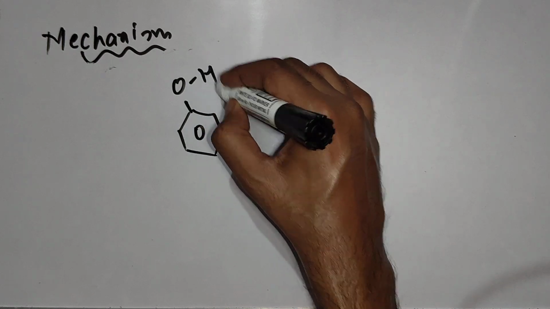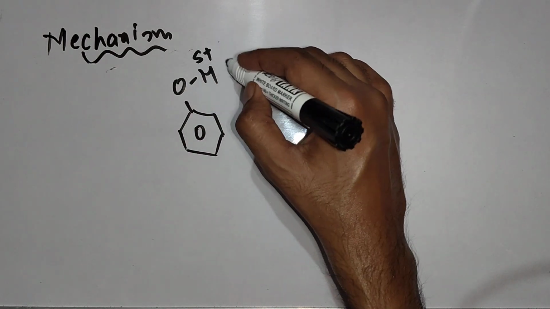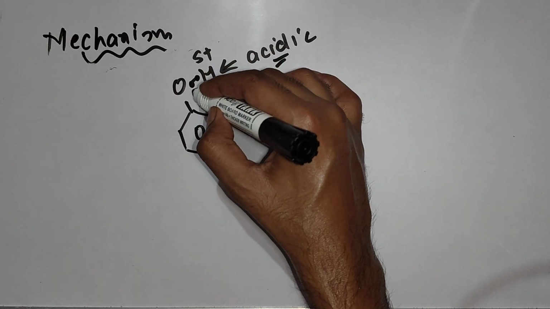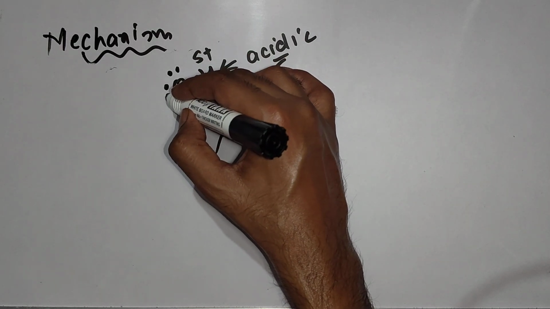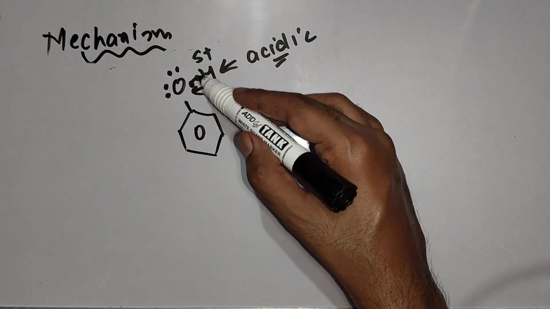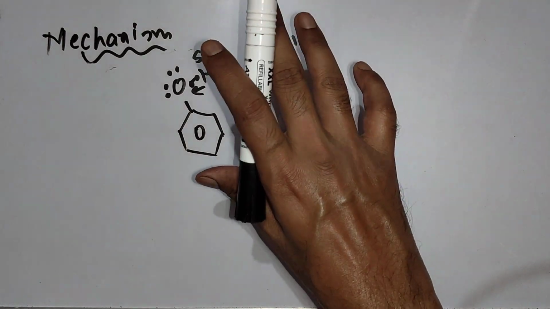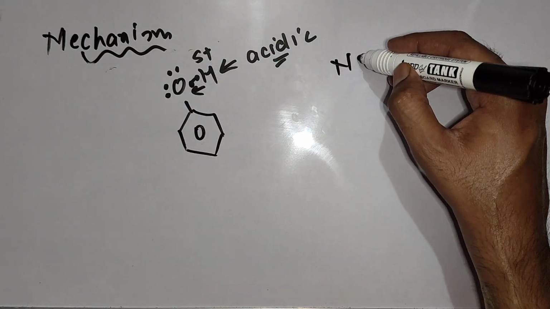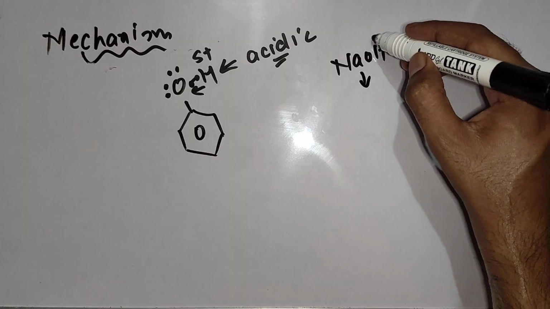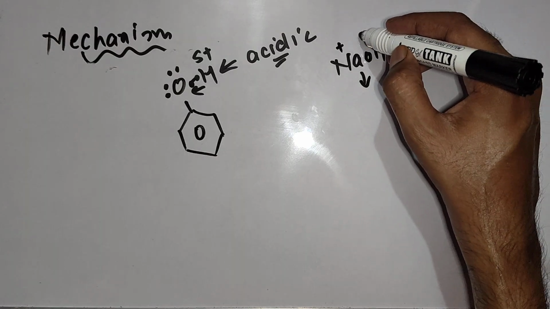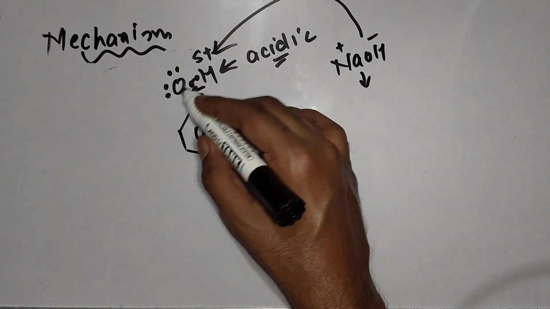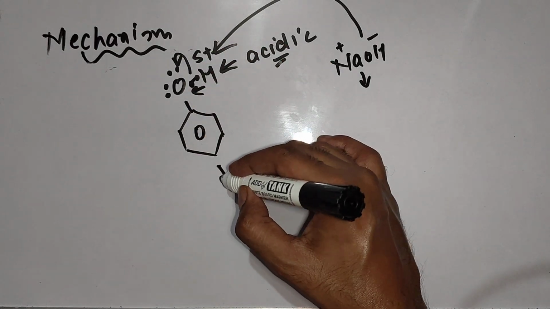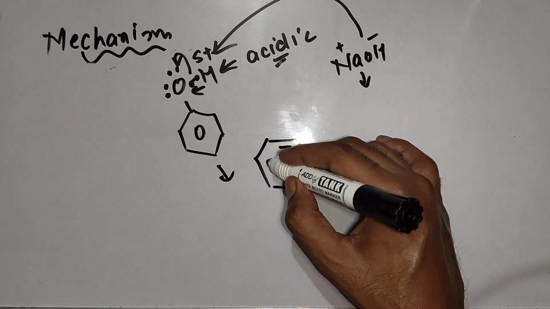You know, in phenol, this hydrogen is also acidic, because it is connected with oxygen, and oxygen has very high electronegativity, due to which electrons are transferred toward this oxygen. That's why hydrogen is losing control on its electron. So it has a very high positive charge. So it can also be attacked by a base. We know NaOH we are using. So obviously OH negative, Na positive, OH negative is going to attack on it. Between hydrogen and oxygen, the bond will break. Both electrons will transfer toward oxygen because oxygen is more electronegative. So phenol will also turn